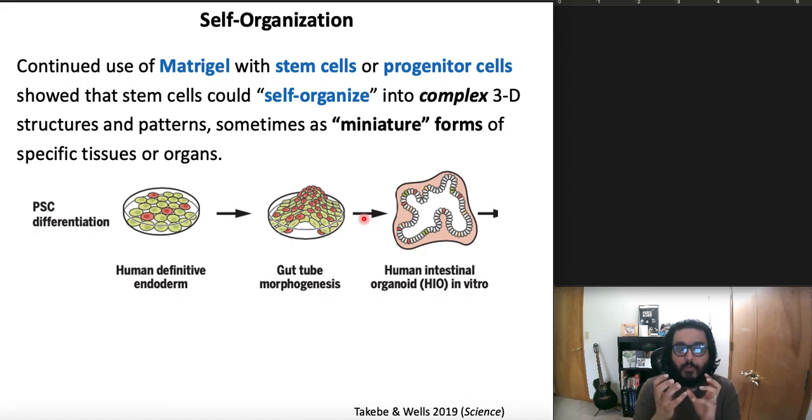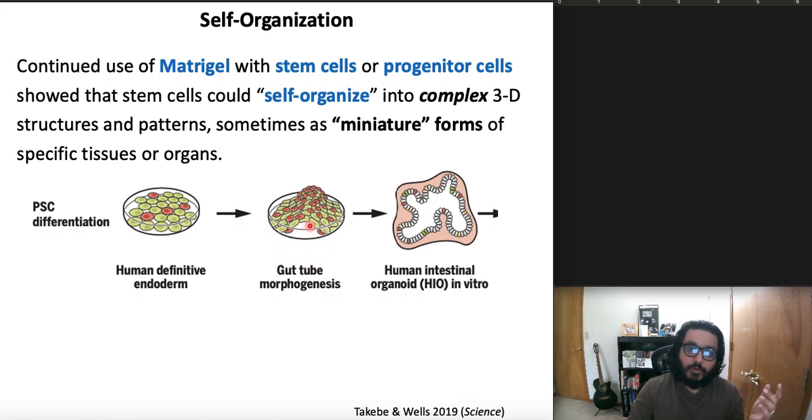This is something already pre-programmed into the cell's own development to form these structures when there is this extracellular matrix around. When they're stem cells or progenitor cells, they not only form these structures, but they're going to differentiate into more specialized cells, and those specialized cells will then recapitulate some of these organs that are found in regular development. So a very, I shouldn't say simple one, but this example here is where this little